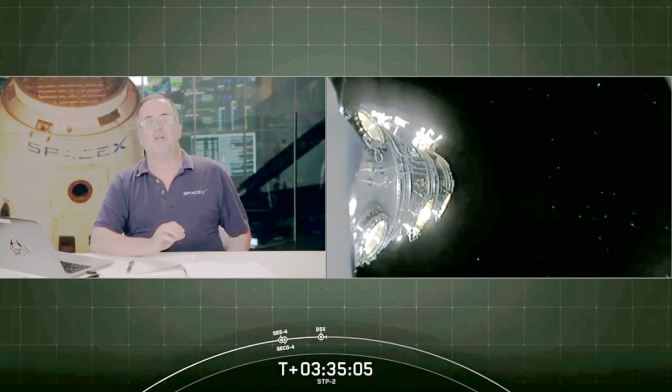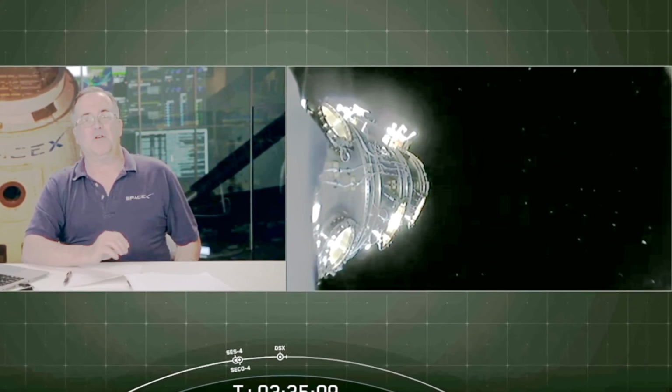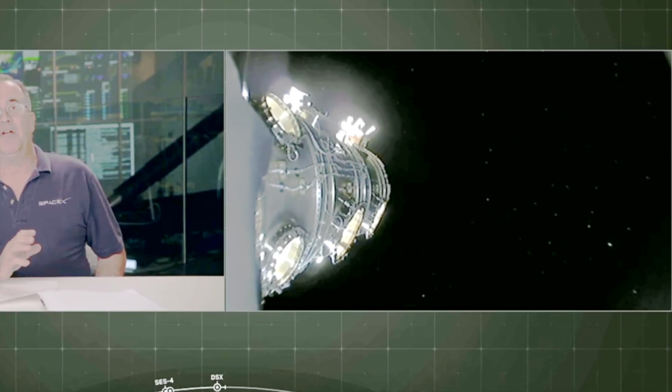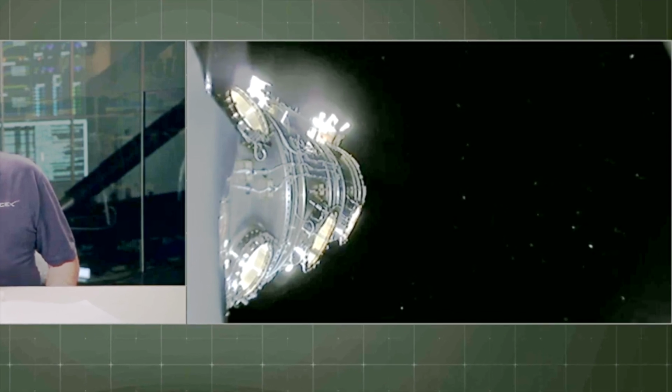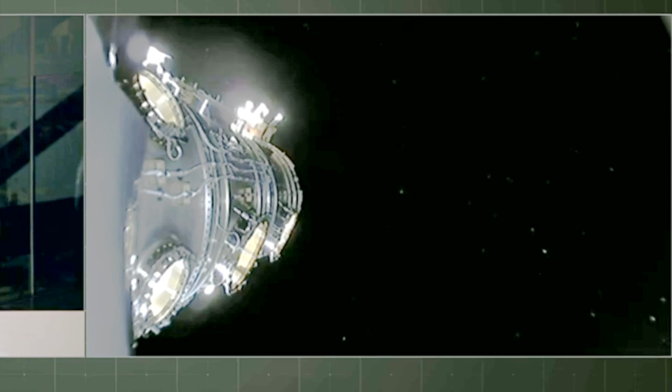The center core went downrange, and we knew it was going to be the toughest mission ever for a center core. We did get the visibility of the drone ship camera, but we just missed the drone ship, Of Course I Still Love You. However, the side boosters made up for that with a great return to landing zones 1 and 2 for the